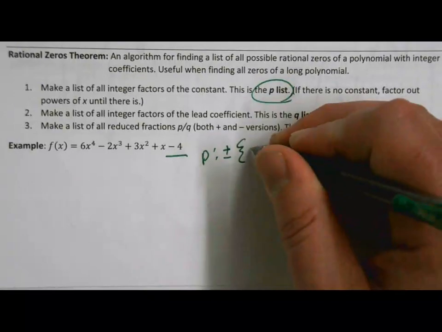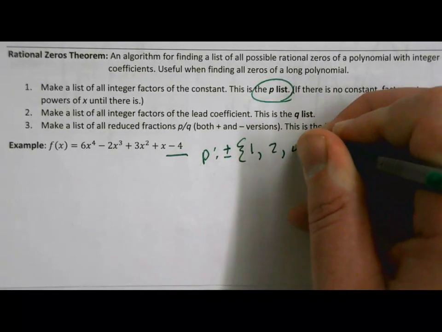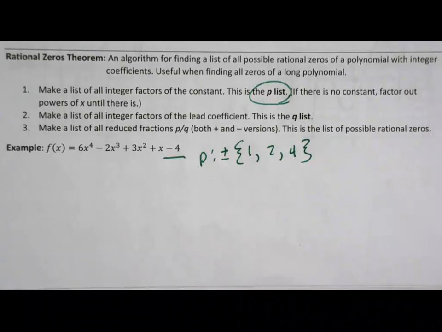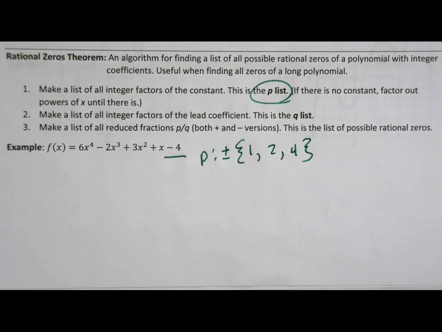My factors of 4 are 1 and 2 and 4. Don't forget 1's a factor of anything. So that's my P list. My Q list